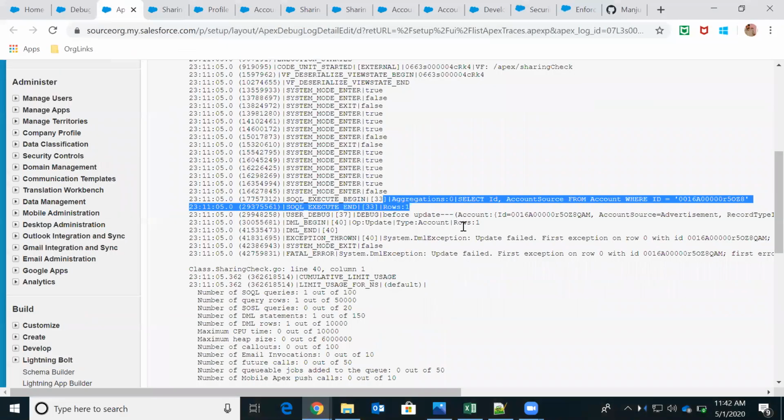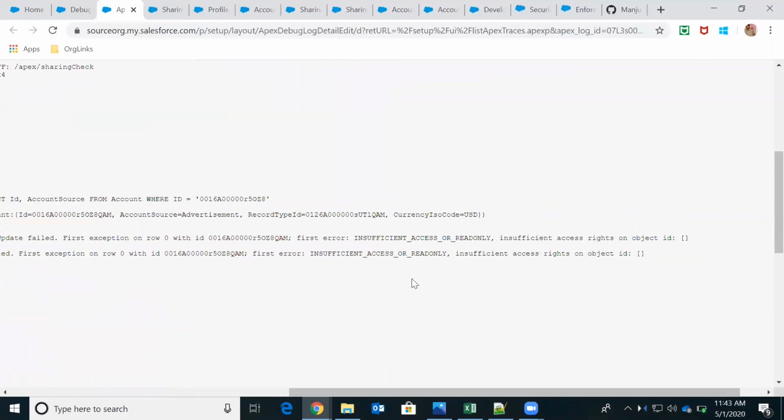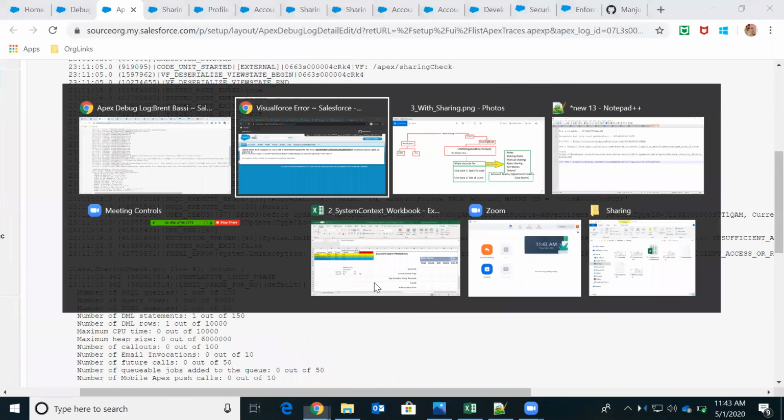That's what it is also saying for us. Update failed, insufficient access, read only. This is how with sharing will work.